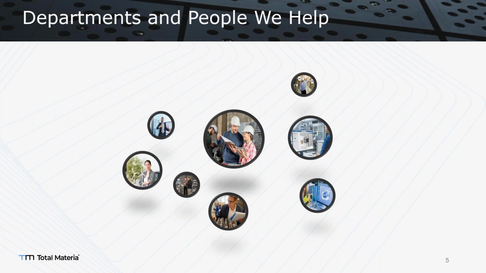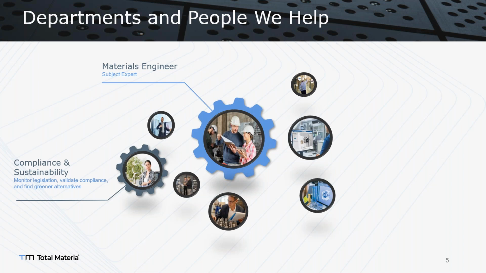Departments and people we have. I know so many of you have access to Total Materia and are using it, but I don't know if you know that material engineers and compliance and sustainability engineers need to communicate with each other, because in the production line, the production cycle, you choose a material suitable for the task, which is perfect, but is it compliant? You need to check from the beginning of this process to make sure that you are going with the right material selection, and this is the material that you can use for your product.